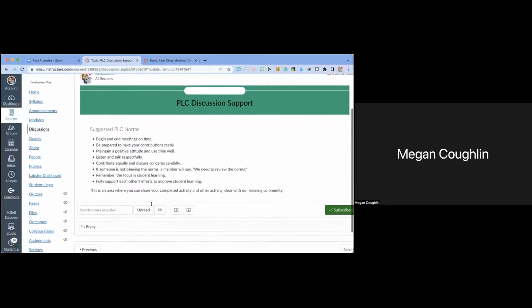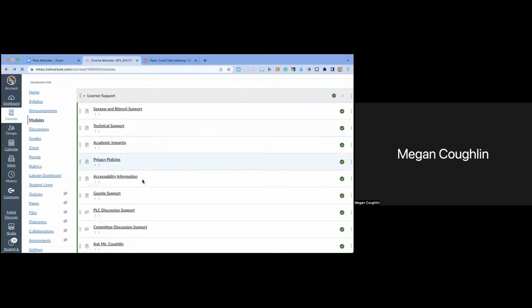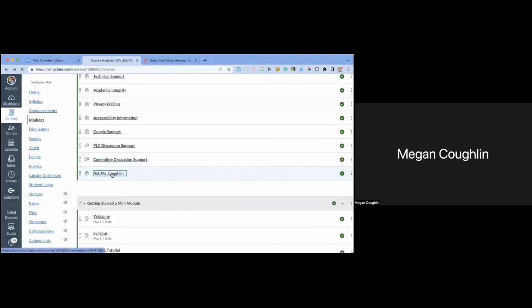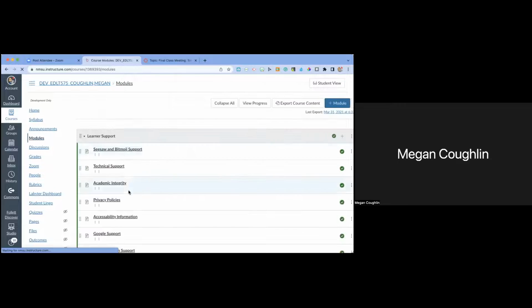So I have my suggested norms, and those are consistent between PLC and committee groups. We'll go ahead and go back. And then this is the other one that I liked, the Ask Ms. Coughlin page. So you can always click here and email me directly, and I typically respond within 24 hours. So that was one of my Bitmoji places.